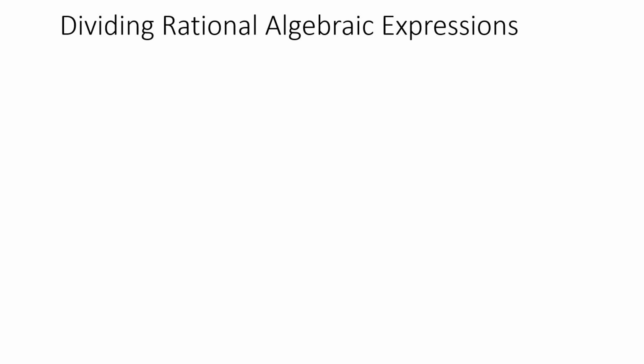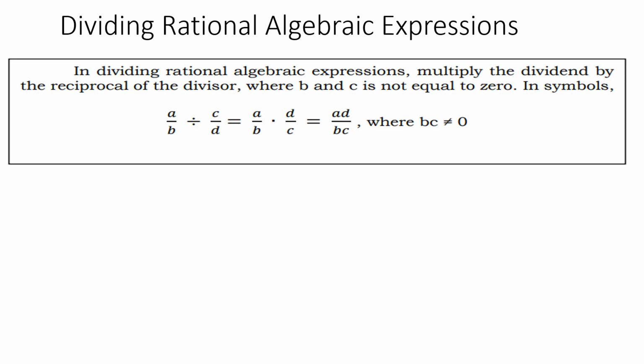In dividing rational algebraic expressions, we need to multiply the dividend by the reciprocal of the divisor, where b and c are not equal to 0. So in symbols, we can write it in this expression. As you can see, we are going to multiply our dividend, which is a over b, by the reciprocal